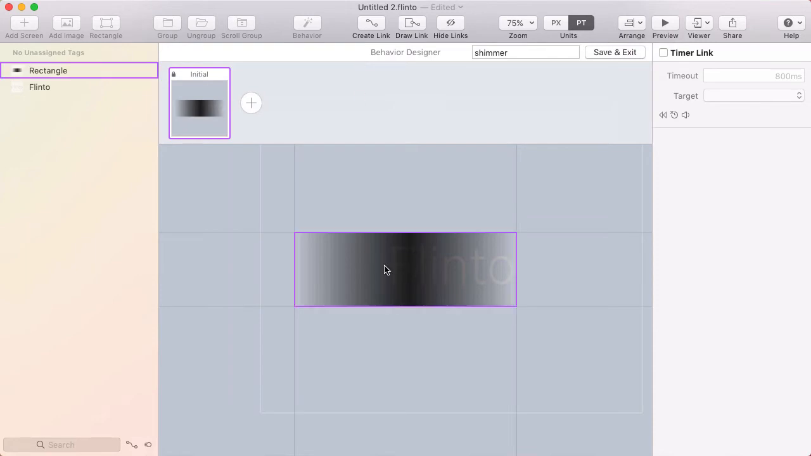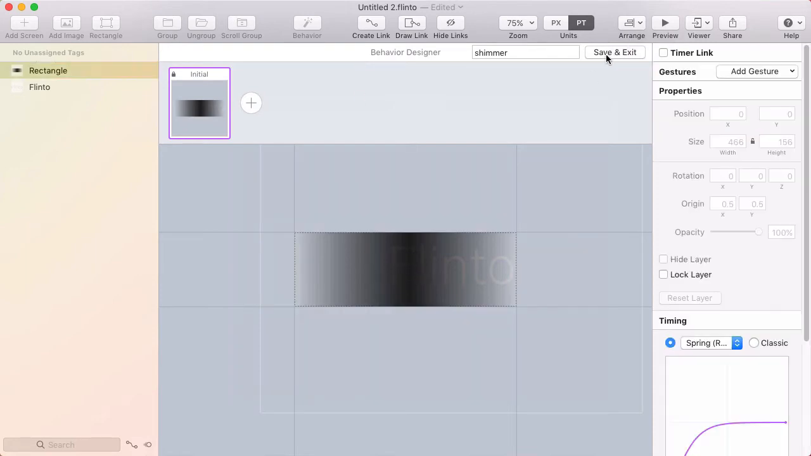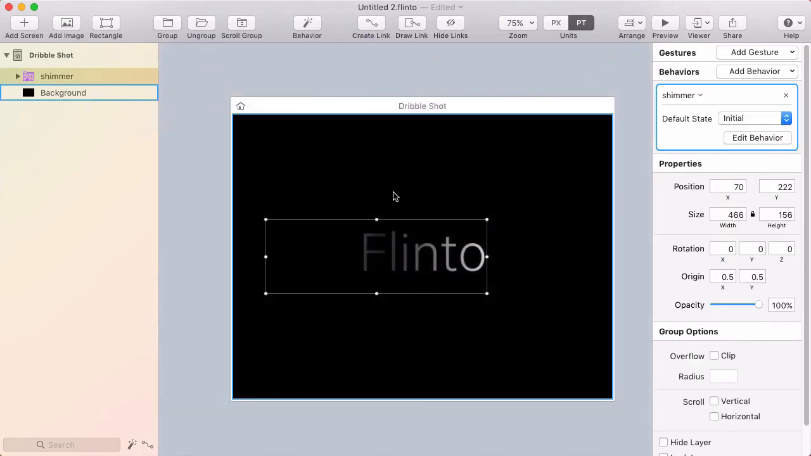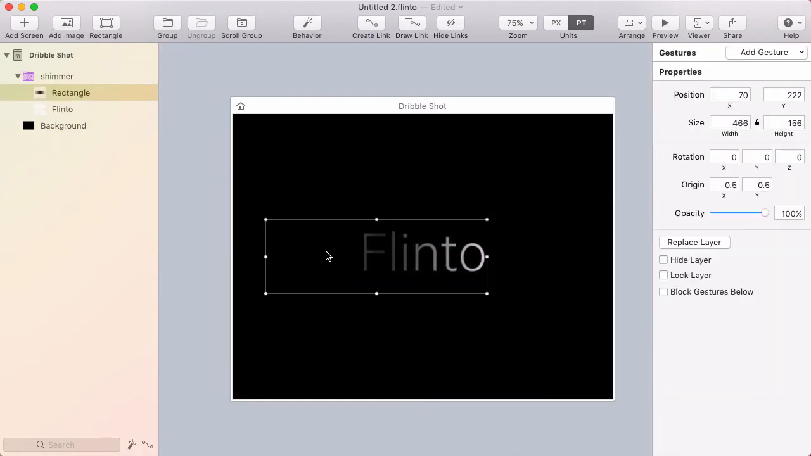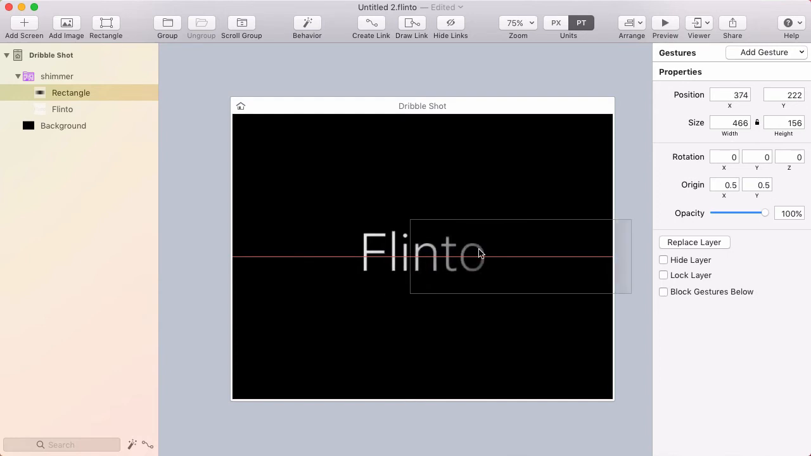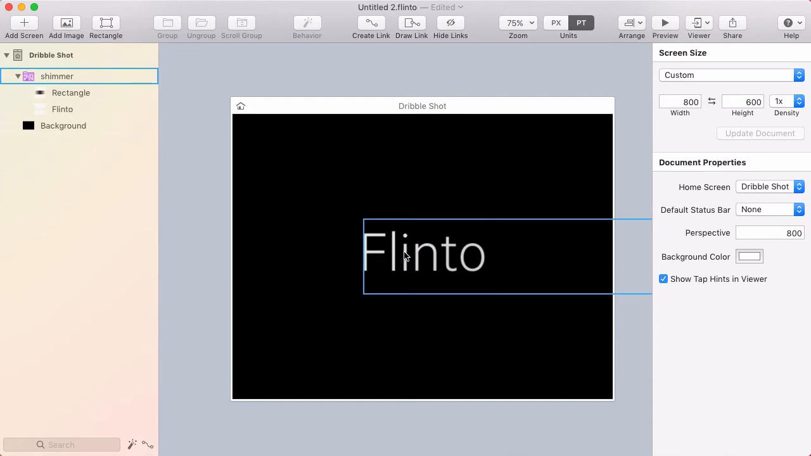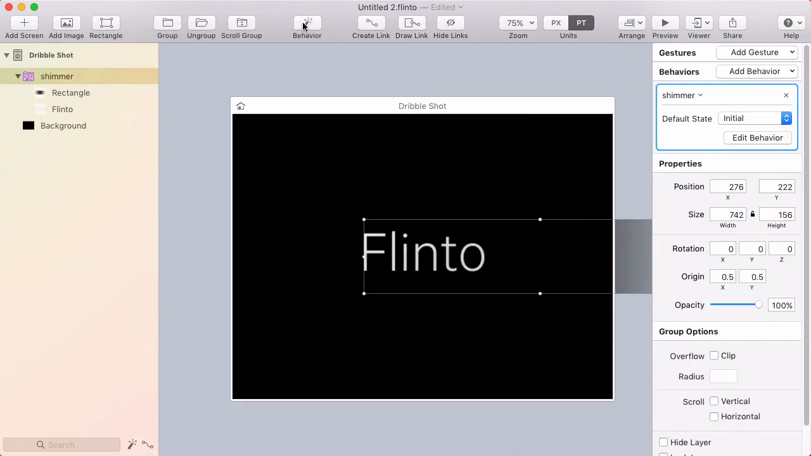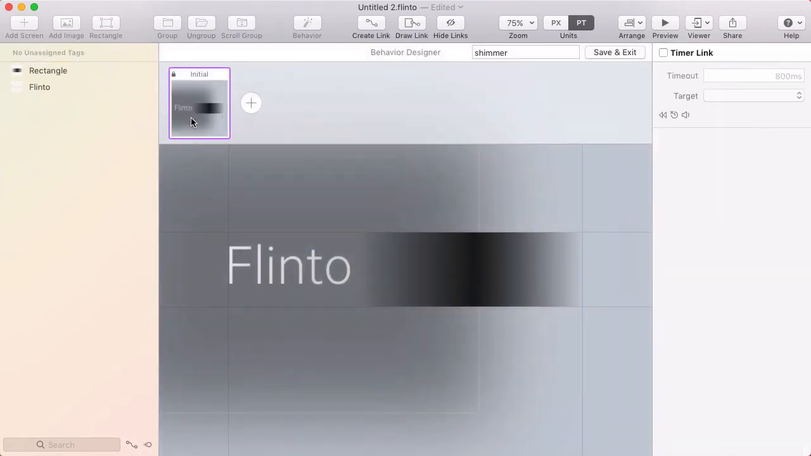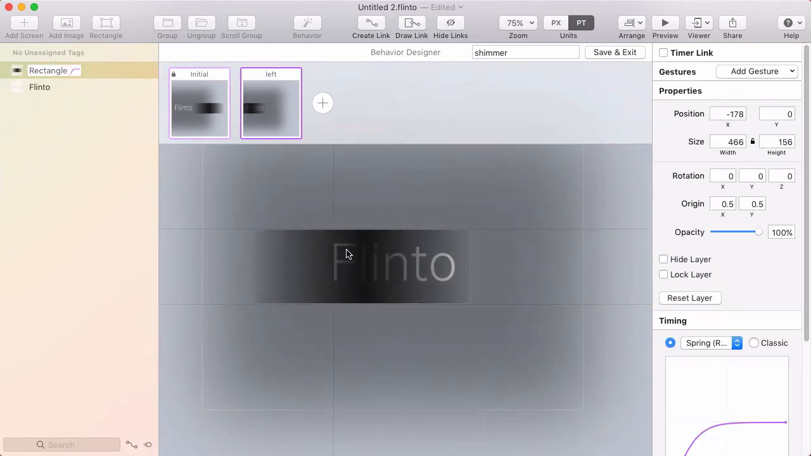Now I just realized I should probably be more careful with how I position this rectangle at the start. So I'm going to save and exit out of the behavior designer, and I'm going to place this rectangle layer over here to the right of the text, so it's ready to come in over the top of it. All right, with that group selected, I'll go back into the behavior designer. I'm going to click Edit Behavior here in the inspector for that behavior I just created. And so I've got this state where the gradient is over on the right, and I'm going to make another state. I'll call it left, and I'll move the gradient over to the left of the text,